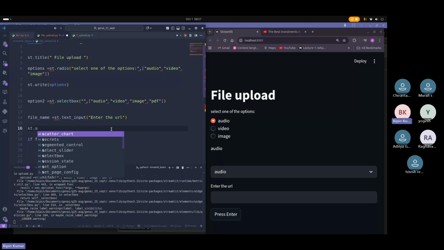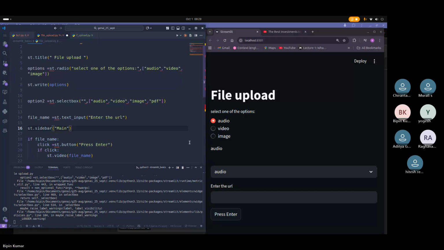So simply write st dot sidebar. Okay, and maybe you can write any name, main, and